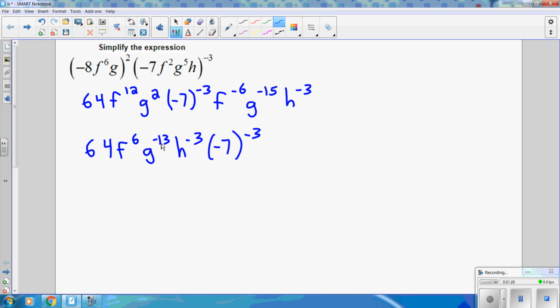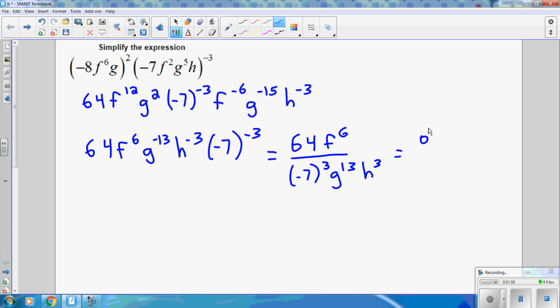Now I'm going to take every exponent that's a negative and move that term to the bottom. So we have 64 f to the 6th over, and then we're going to have negative 7 to the positive 3 power. And then you have g to the positive 13, h to the positive 3. And then the last thing here is let's just take negative 7 to the 3rd power and figure out what